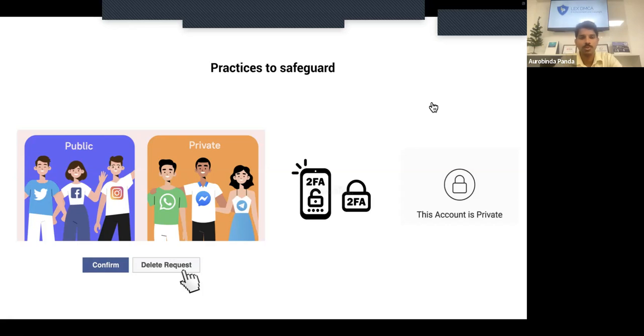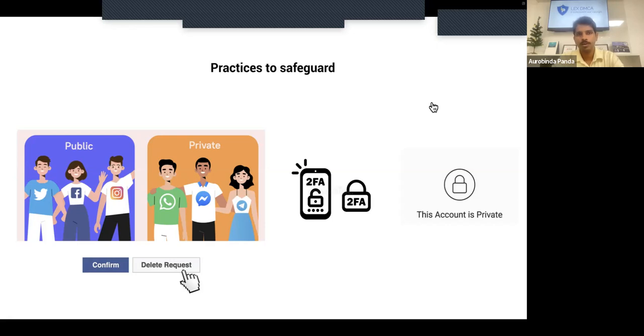So the next point, obviously, is to use two-factor authentication for all your accounts, be it Facebook or Insta. If it has two-factor authentication, even if they have your password, they are not able to log in without your knowledge, right?